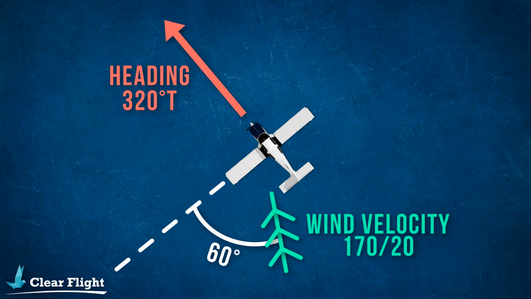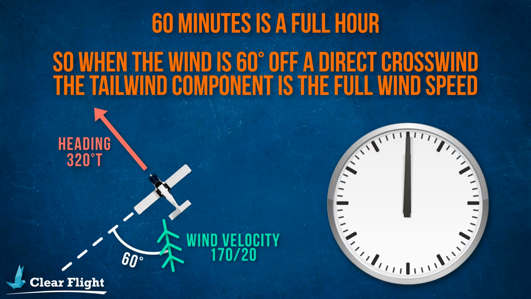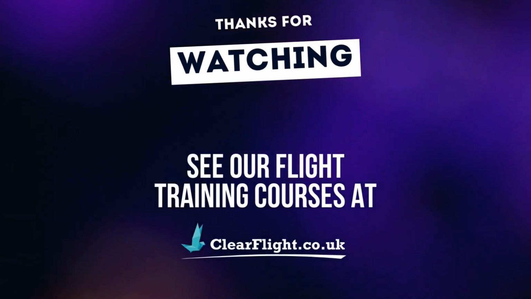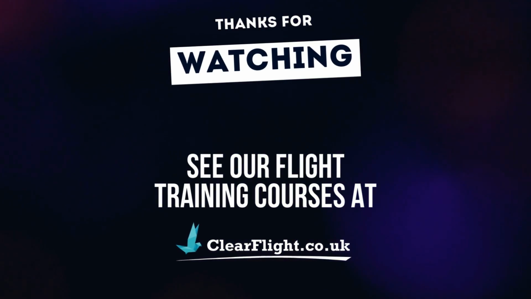Headwind and tailwind calculations are just as easy. Let's say you're flying a heading of 320 degrees and the forecast wind was 170 degrees at 20 knots. Here the angle is 60 degrees, meaning the full 20-knot wind speed is a tailwind, increasing your ground speed to 110 knots. This video was a quick introduction to the clock code, which is a powerful, quick method for pilots